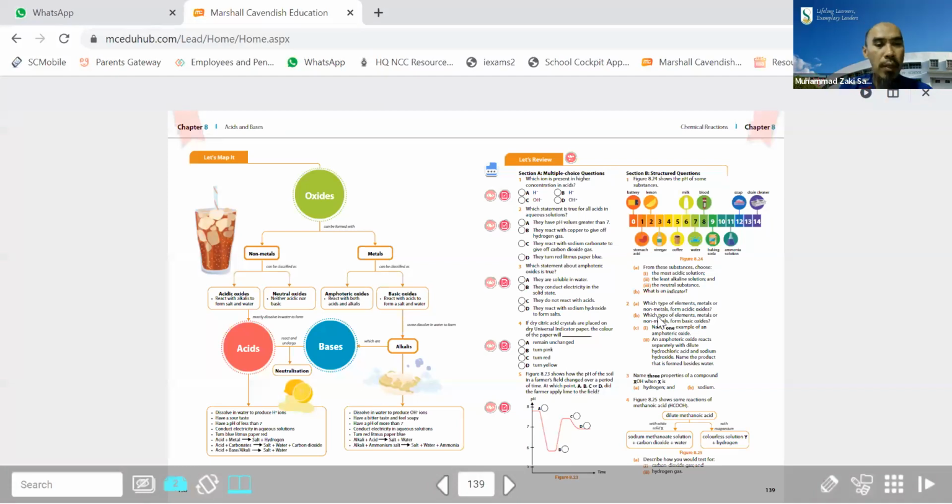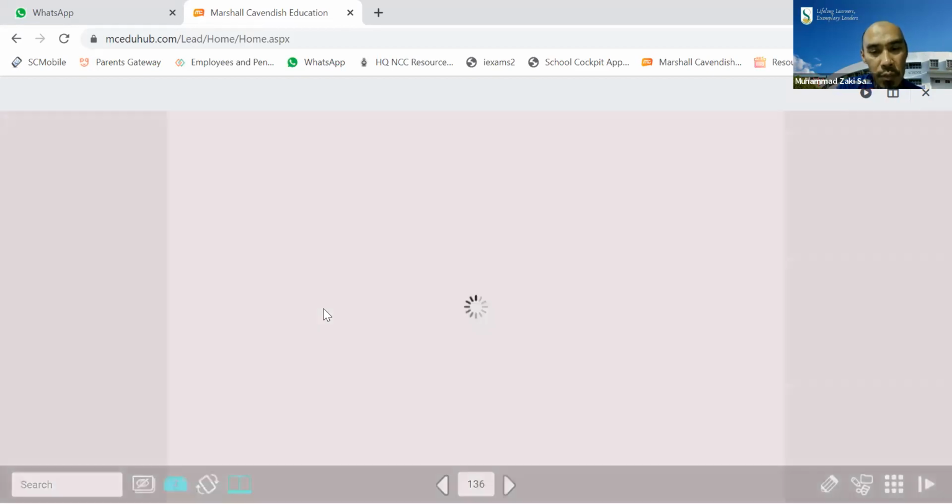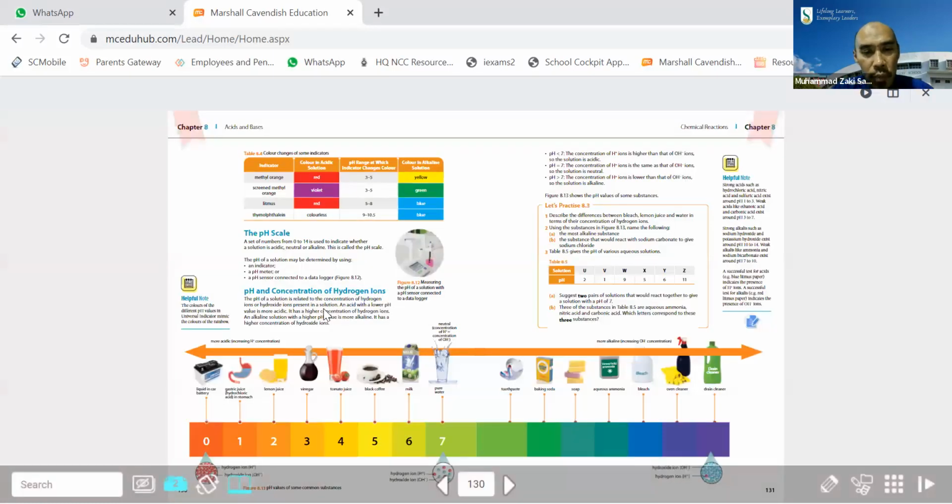Okay, question number 1. Which ion is present in higher concentration in acids? Okay, the English is also really confusing. So for this one you can refer to page 130. I went to 130 just now. Okay, if you look at this wonderful picture,